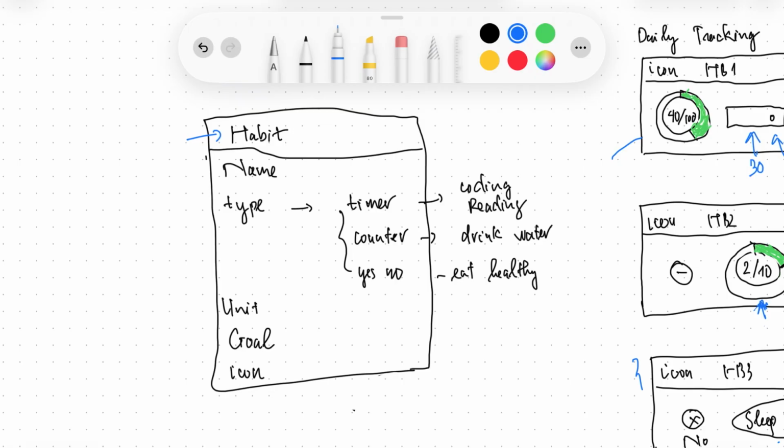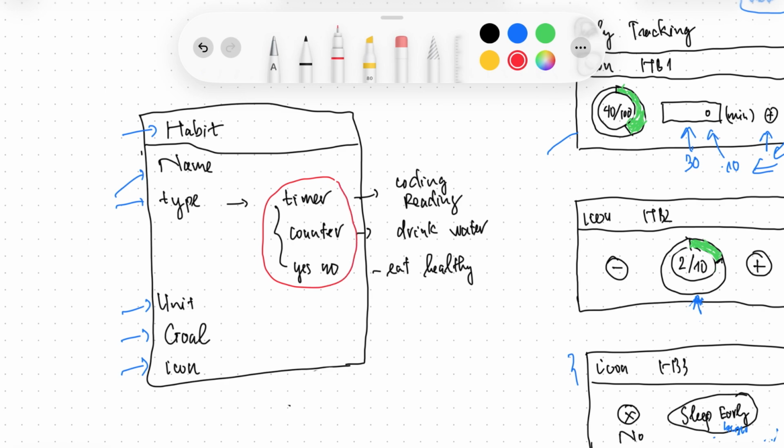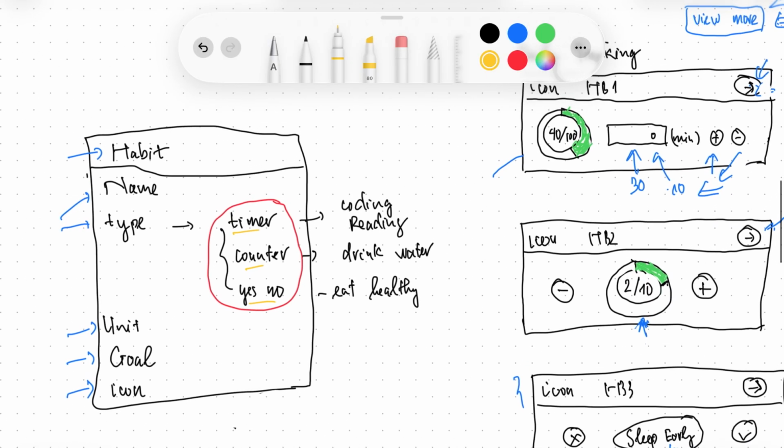We'll start with the habit creation screen. This screen allows the user to enter a name for the habit and choose a type and provide a unit, goal, and icon for that habit. In this application, we will support three types of habit: timer, counter, and yes/no habits. For a timer habit, for example, coding, reading,